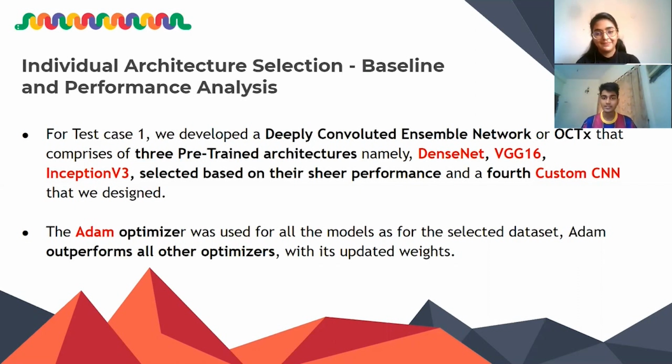So these are the architectures which proved to be really efficient and optimized in this particular study. Namely DenseNet 16, Inception V3, and Custom CNN. The Adam optimizer was, as usual, probably the best performing optimizer that we tried on this dataset in this study. However, we would also like the audience to note that since we used these architectures in this particular study, it does not mean it will be the same for any other study. It might just be different.